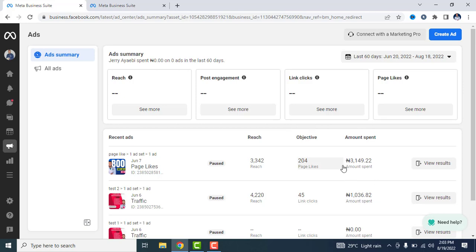Alright guys, welcome back. Today I want to show you how I use just 3,000 naira to get 204 page